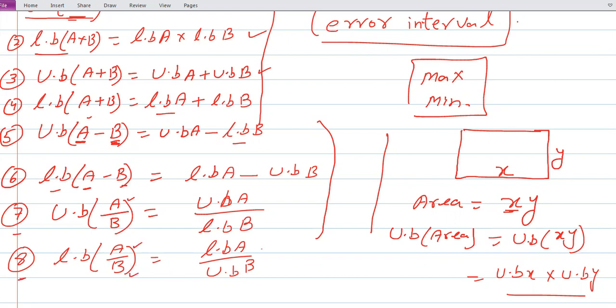Just remember these formulas. How we have to use them, I will let you know, don't worry. Just make sure these formulas are clear and that you understand them. Then how to use them, I will show you by giving an example, because unless you use an example, of course it's hard for you to understand. Okay, let's see.